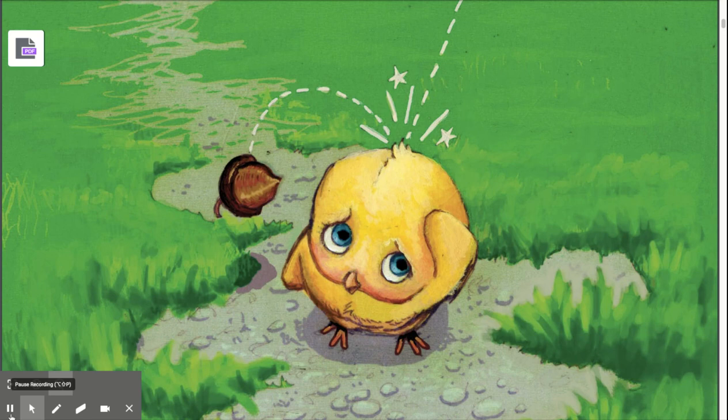Over the next several days, you are going to hear a number of stories. Some of these stories may be familiar to you, and some may be brand new stories that you have never heard before. While we are working on these stories, we are going to figure out and identify the author, the illustrator, and what the title of the page of the book looks like, and what role the author and illustrator do.